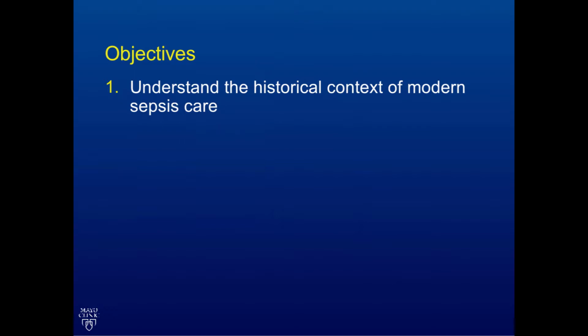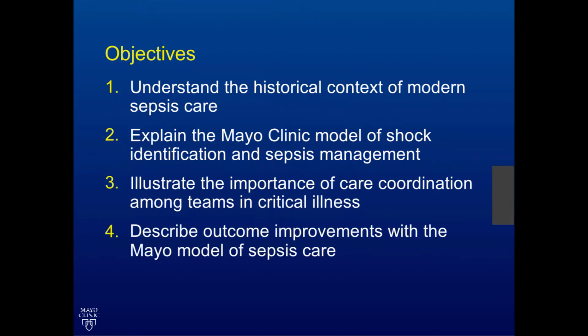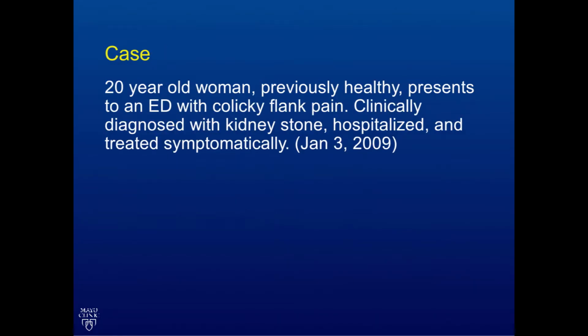We're going to talk about our shock identification program, which is a multi-use tool that I helped develop, and how we manage sepsis here, not just in the ED, but in the hospital and ICU. And we're going to talk about the importance of care coordination, which was a touch point when we started to look at how things went, that we realized that we weren't coordinating as well as we could. And lastly, I'll actually share our outcome data with you. I didn't know that sepsis is now number 2 compared to respiratory failure in the mortality review, and I'll try to get my fat head out the door of my office for taking a little bit of credit for that today. So I start with a case.